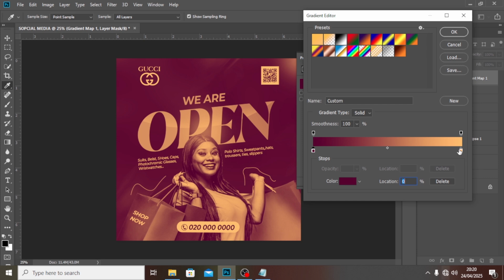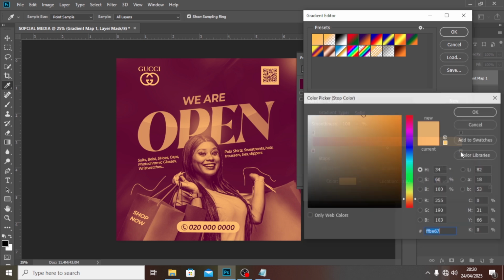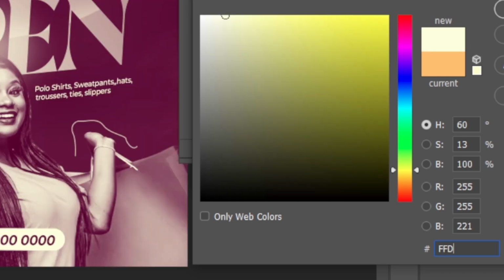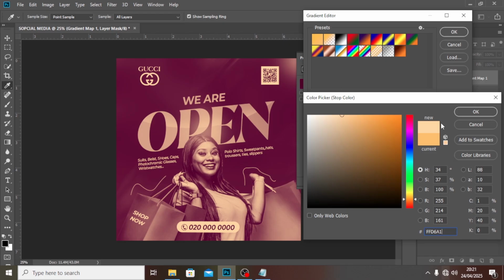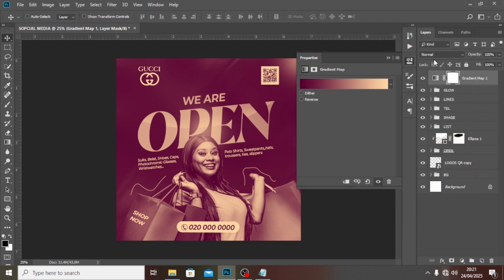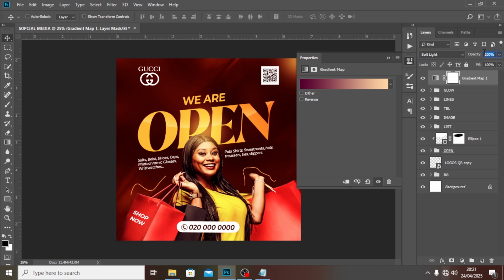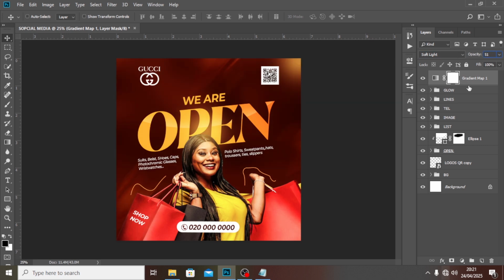I'll click on this side. I'm going to give it this color code. I'm going to give it FFD6A1. You can see it looks nice already. I'll click here and I'll click there. Then I'm going to set it to soft light. I'll set the opacity to 51. I don't want it to be too much, just want it to be subtle in there. Okay,